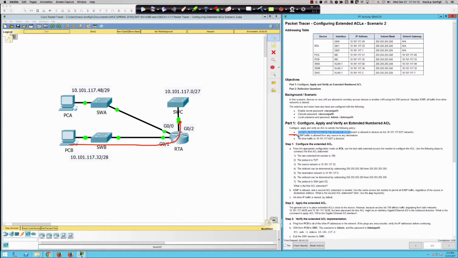Now, the second requirement that we see here is ICMP. Traffic is allowed from any source to any destination. And then all other traffic to the 10.101.117.0/27 should be blocked. So when we look at this, it really looks as if it's going to be 3 ACEs, or access control entries. We're going to have one to allow the SSH connectivity, another one to allow ICMP traffic, and we're going to have that third